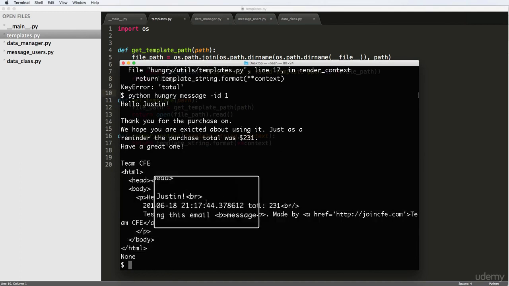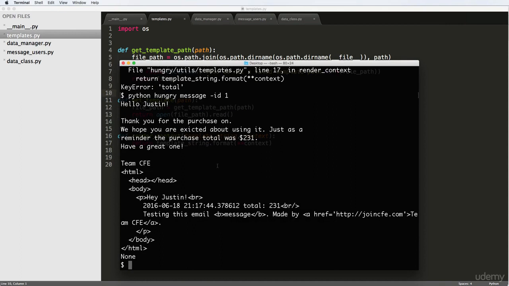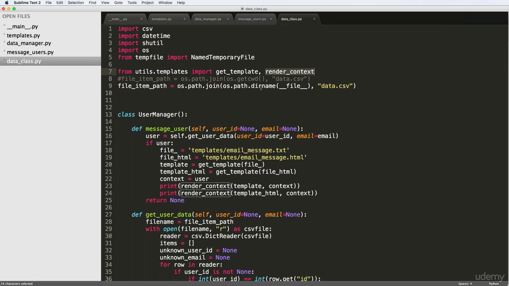And now I see that I have newly rendered out documents. It says, hey, Justin, total 231. Of course, if we look back at that database, we'd be able to see it. Both of these things are now working just fine. Cool. So now that we can actually render this context, there's one more step, of course, that we will still